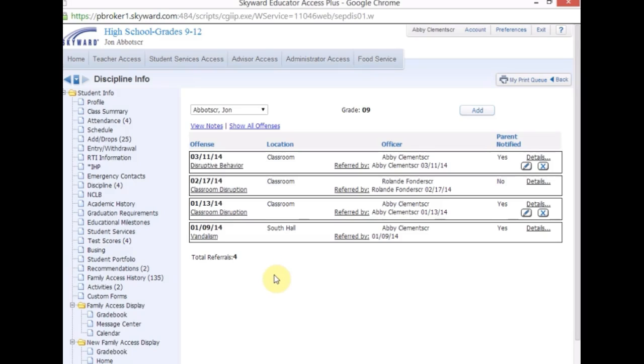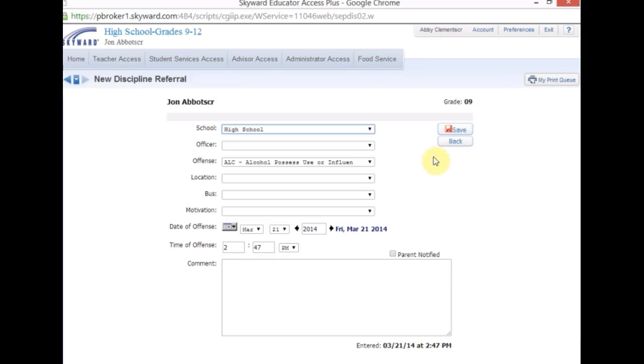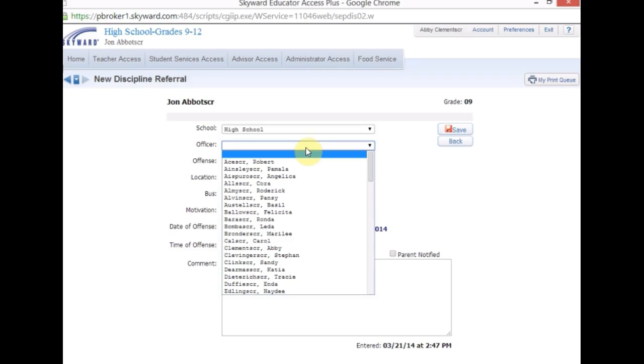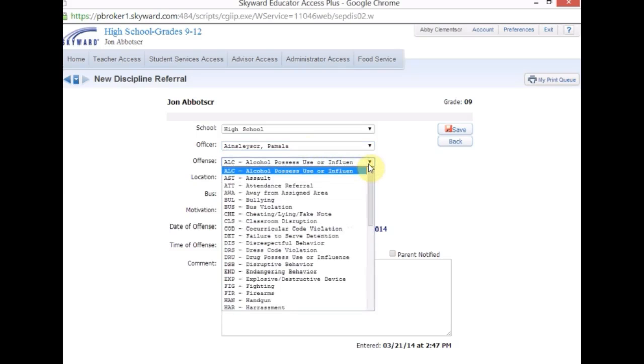If you have the security access to do so, you will click on the Add button to create a discipline record. And from here, you can fill out what occurred with the student. You have the school drop-down, discipline officer that is assigned to the student. You can select the offense that took place,